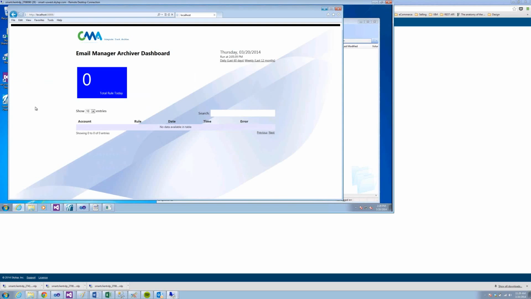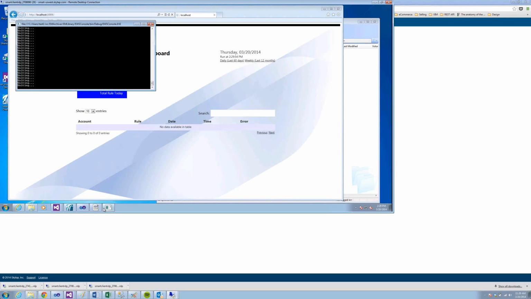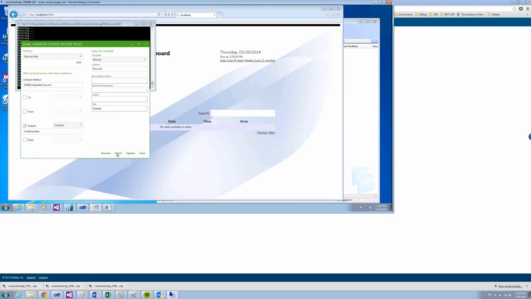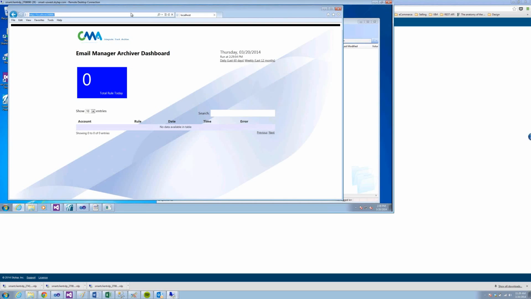So taking you back over to the dashboard, I have the dashboard here set up, and it's going to tell us that it's caught some. So as you can see from the beginning, this is what I had set up earlier. We had no rules caught today. The dashboard is going to show us the number of rules that have been caught with emails that have come through the server in any of the accounts that we've configured. So let's go ahead and